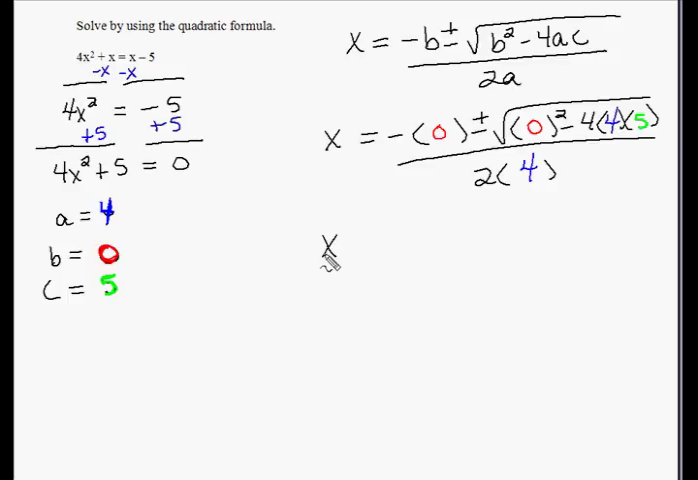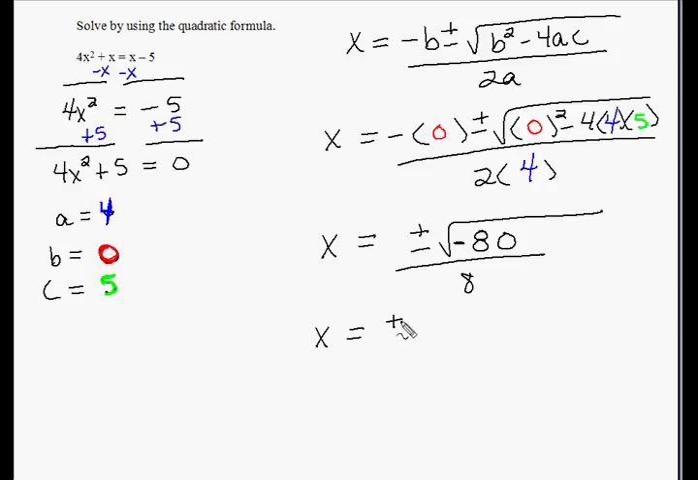x is equal to, well, the opposite of 0 is 0, and adding and subtracting 0 doesn't do a whole lot, so I won't write it down. The square root of 0 squared is 0. 4 times 4 is 16, times 5 is 80. And that's a negative because there is one negative in the problem, divided by 8. x is equal to plus or minus, and because there's a negative inside the radical, I'm going to bring out i,